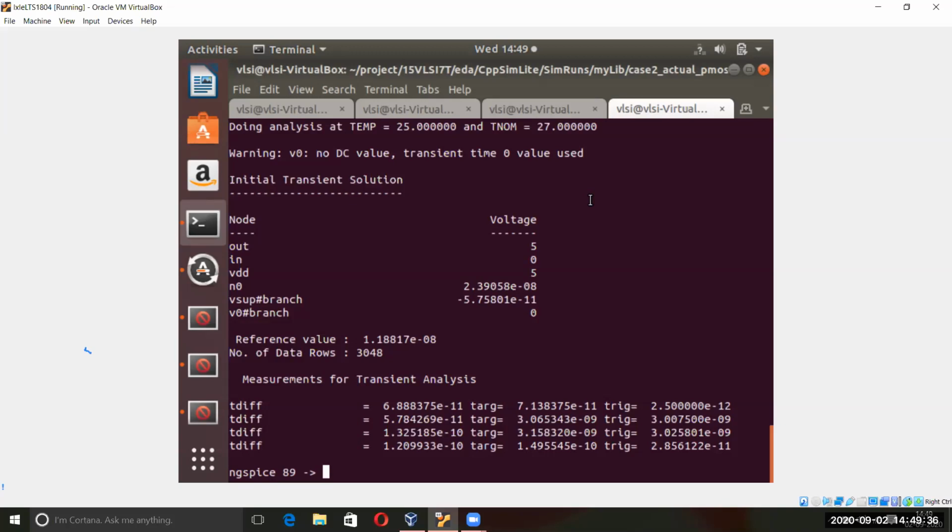Again, in those output inverters, you can increase the W of both, which will also add capacitance. This way you can play around, and you will get more results and more understanding.